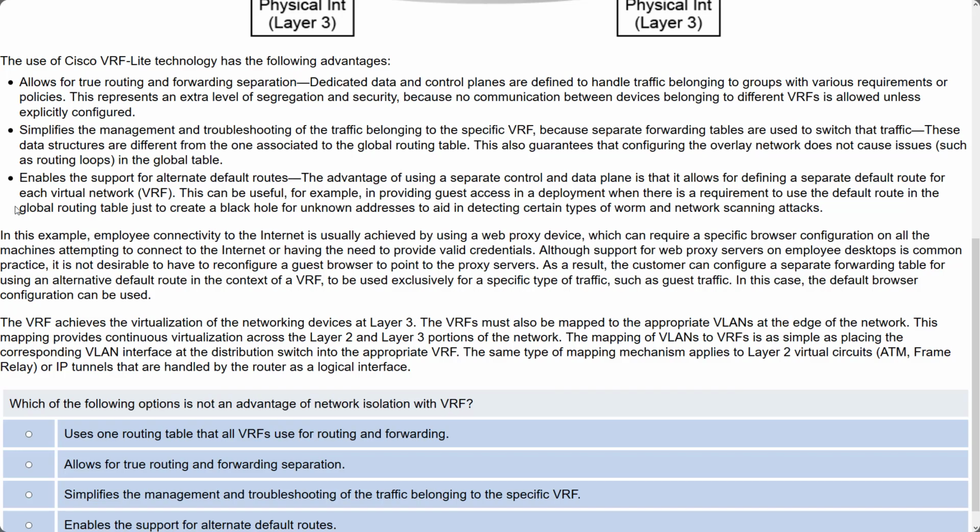Because in this particular case, we have separate forwarding tables that are actually used to route the traffic, or send the traffic to the destination. Different data structures, and we even have our own separate global routing table as well. This means that the overlay network is where we use the global routing table for reachability between the PE routers and the P routers within the cloud,